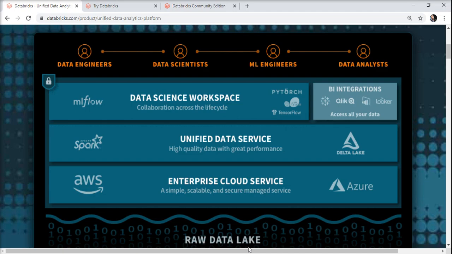So you are not only ingesting and processing big data in huge amounts, but you are also making that data ACID compliant so that integrity and consistency will be maintained.